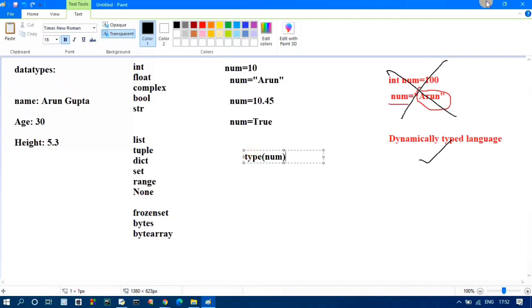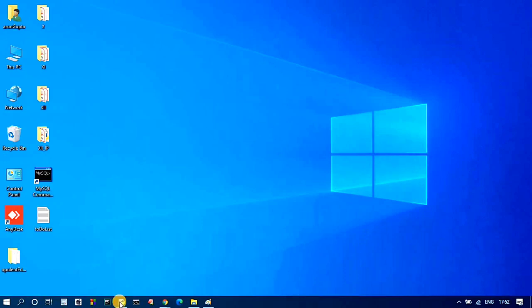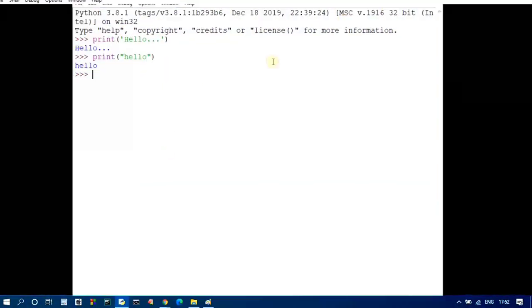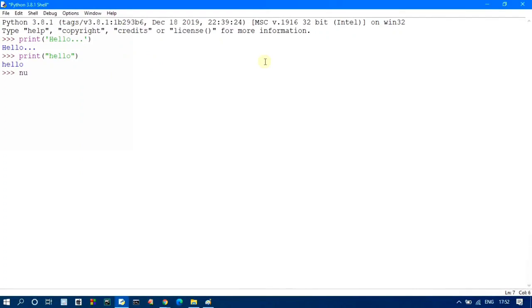Let me do the practical of this concept. On the Python shell we declare a variable num, and I am assigning some value. Based on the value, if I check the type of that variable, you can see the type of the variable is int.